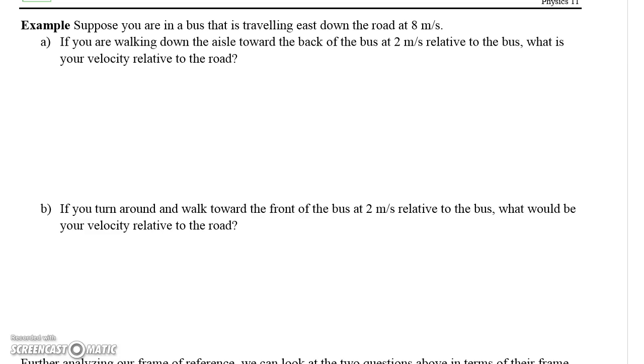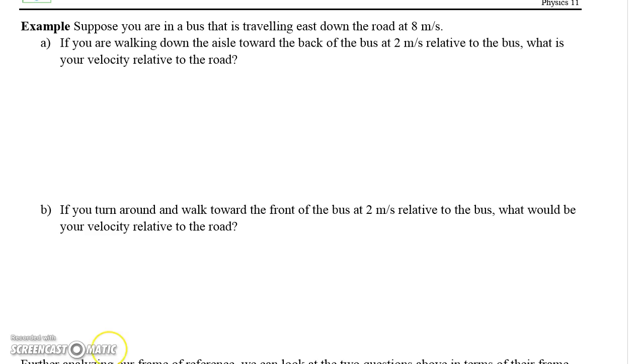You have just gotten on the bus, and you're walking towards the back of it at 2 meters per second relative to the bus. So that means whether the bus is moving or not, on the bus you are moving 2 meters per second towards the back of it. Hopefully it's not too much of a surprise then that if we were going 8 meters per second east, we can consider that 2 meters per second we're going on the bus a west direction, which added together would give us 6 meters per second